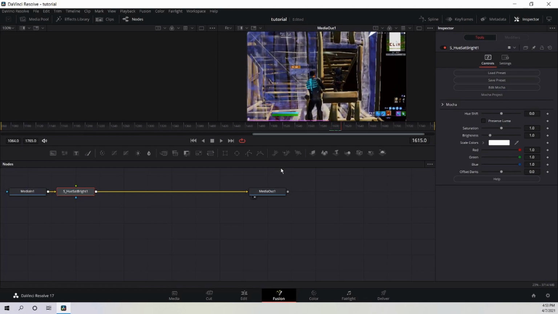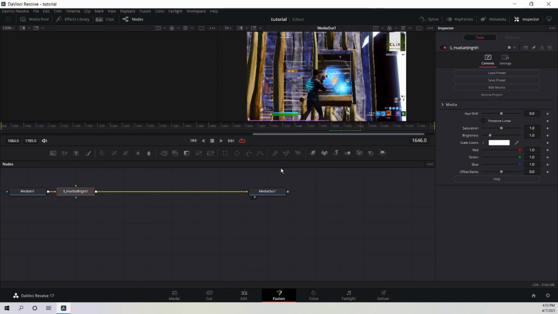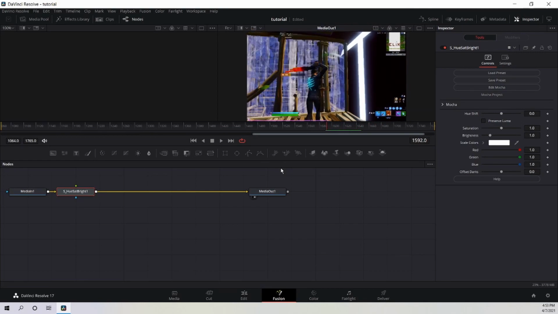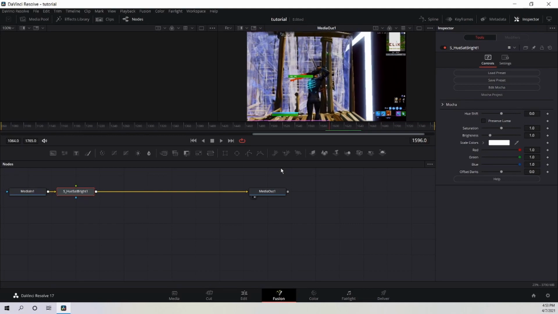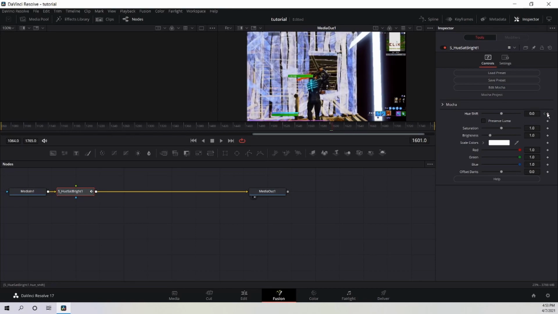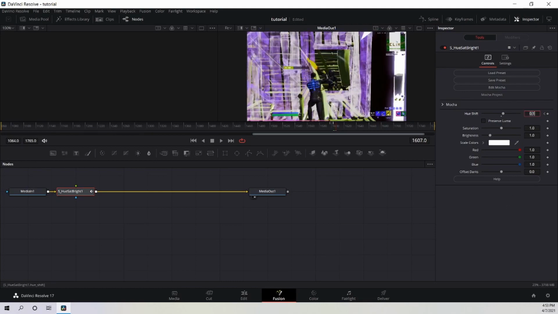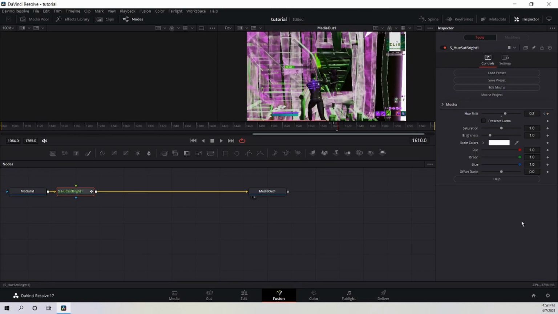I'm gonna go for keyframe, go 1 2 3 4 5, and keyframe on point 1, go 1 2 3 4 5, keyframe on point 2, 1 2 3 4 5,